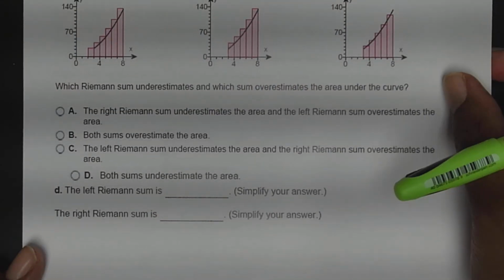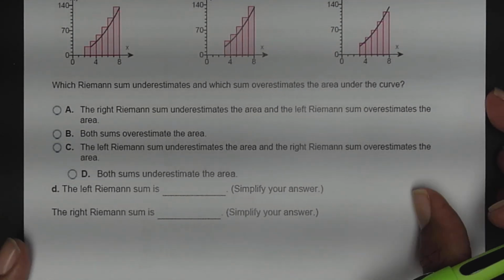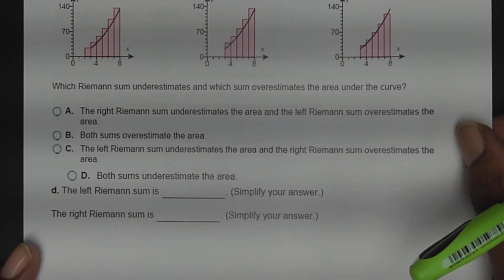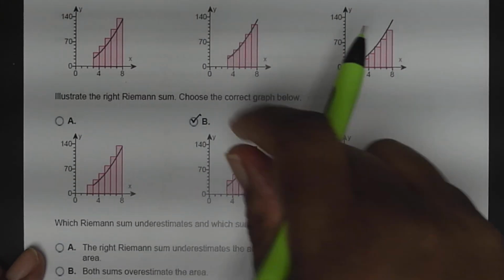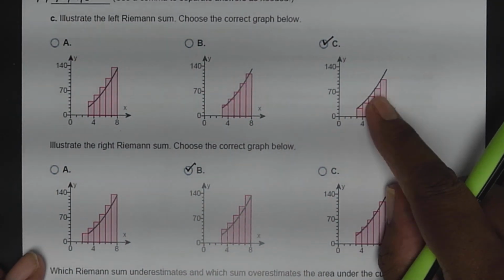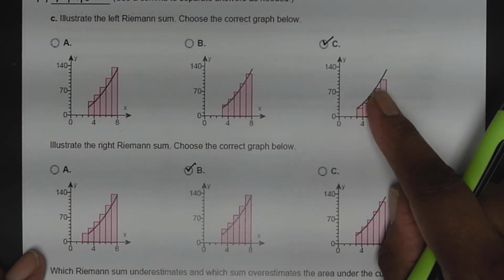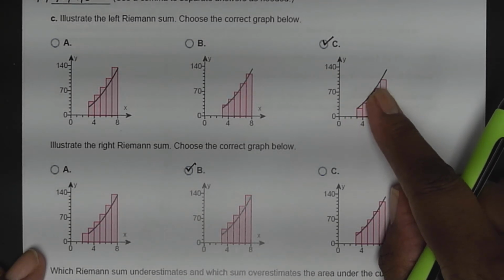Which Riemann sum underestimates and which sum overestimates the area under the curve? Well, let's look at this right here. Our left Riemann sum, which is up here, notice that there is a space under the curve that's unaccounted for. So that's underestimating